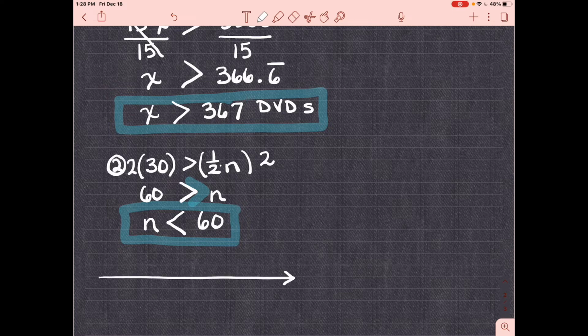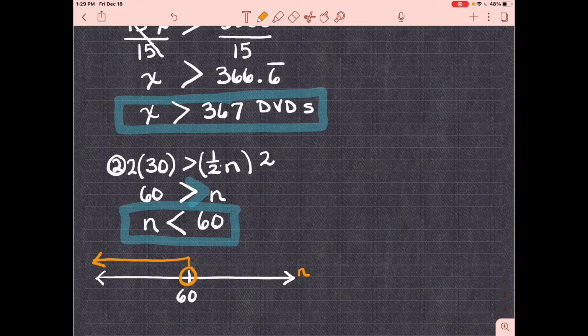And remember, I don't actually sweat the number line too much. I set up the number that I want, and then I put an open or closed circle. In this case, it's not or equal to, so I'm never going to equal 60, so I'm not going to color that circle in. And n, my number line is called n, so I can label it like that. N is less than 60, so all of my possible answers go this direction. So 59 works, 57 works, 0 works, and